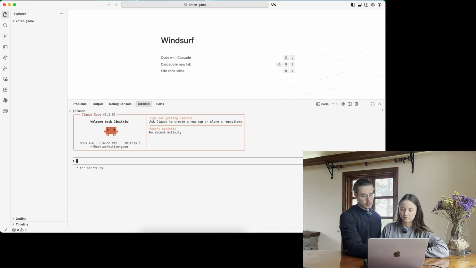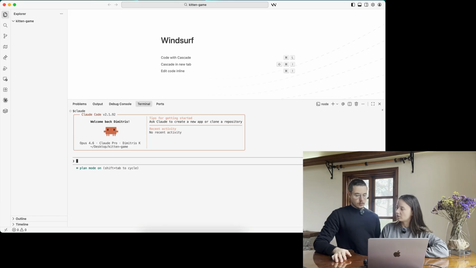So what I like to do when vibe coding, I like to switch Claude to the plan mode. So you just press Shift and Tab, and you can switch it to a plan mode. What is it? The plan mode is basically you give it an idea of what you want to build, and then it does the thinking to put together a plan. Because if you don't give it a solid plan, then it will not produce